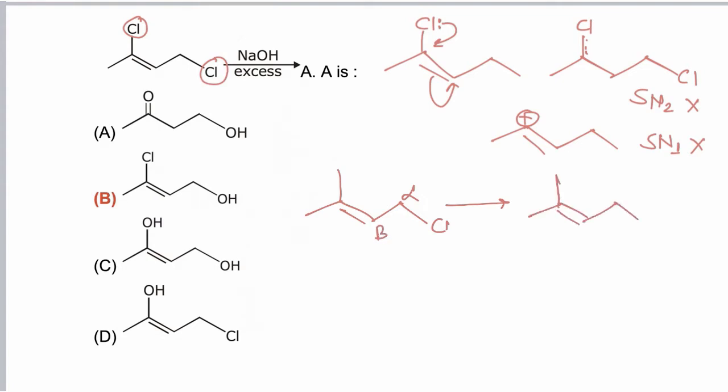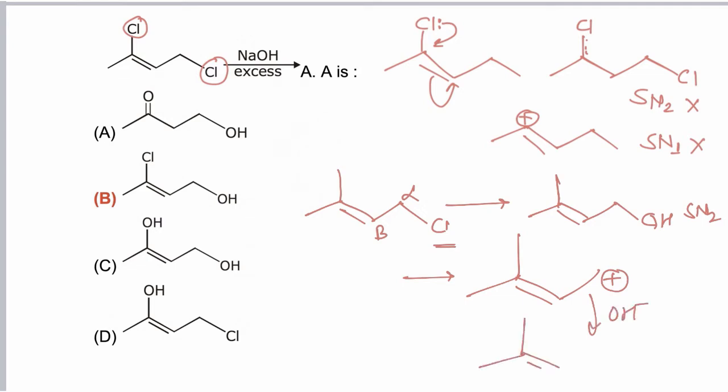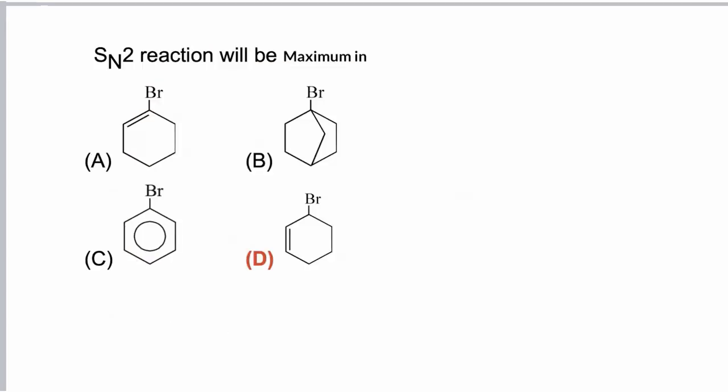So this molecule is highly reactive for the SN2 reaction as well as for the SN1 reaction, because if this Cl is removed, an allylic carbocation is formed, and the allylic carbocation is stabilized by resonance. So this allylic carbocation will also form allyl alcohol. So the correct answer is B. While this other Cl remains attached, it is not affected, so it will still be present in the molecule.